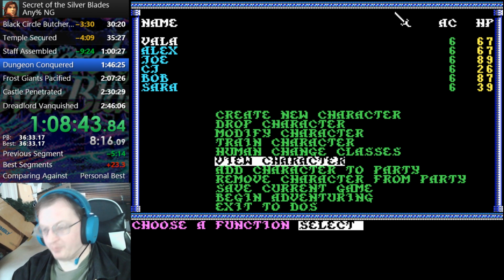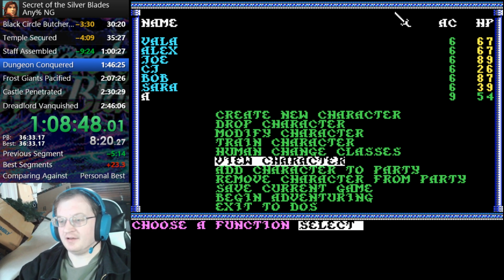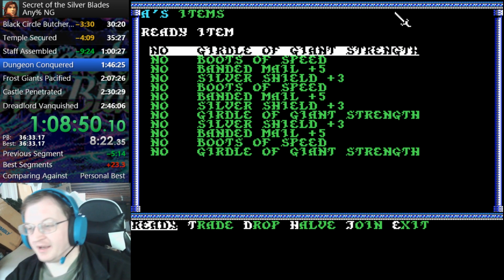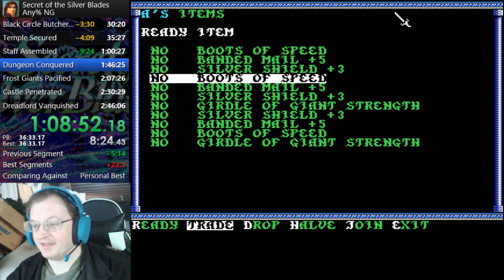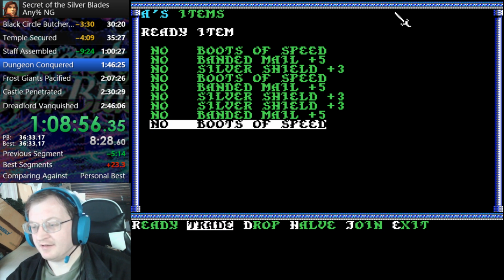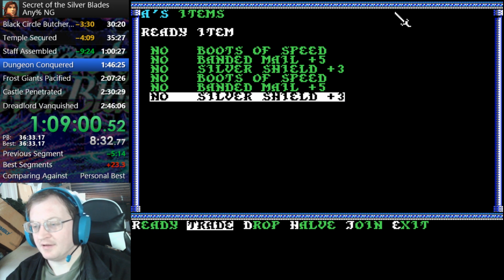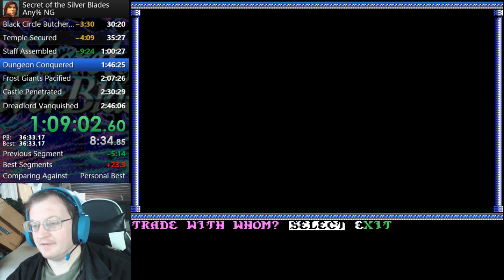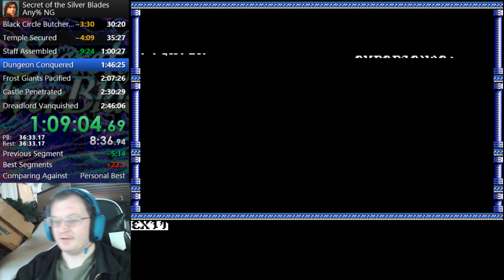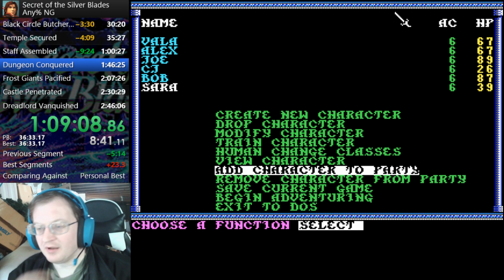With this magical trick, we'll multiply all of our equipment, so that all of these awesome items like Girdles of Giant Strength, the like, go to them. Alright, now